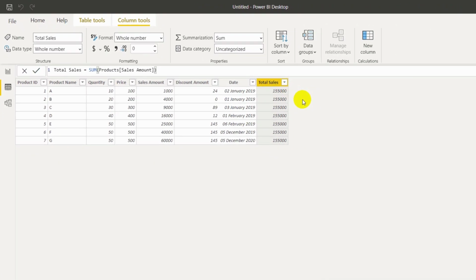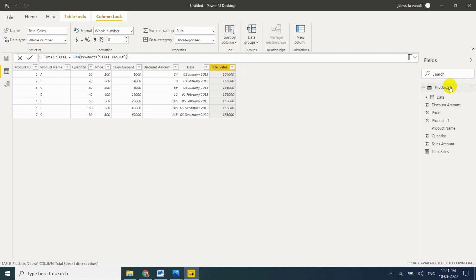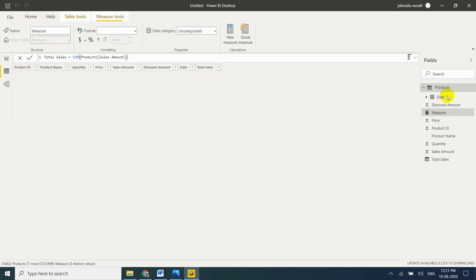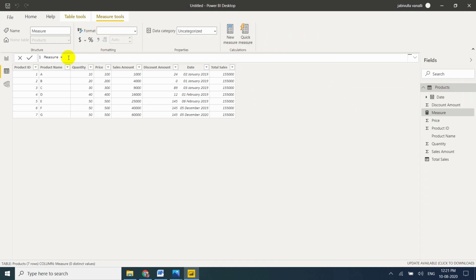Okay. The same thing I will apply in a measure. Right click, new measure. The same name I cannot give. That's the reason why I mentioned Total Sales Amount.